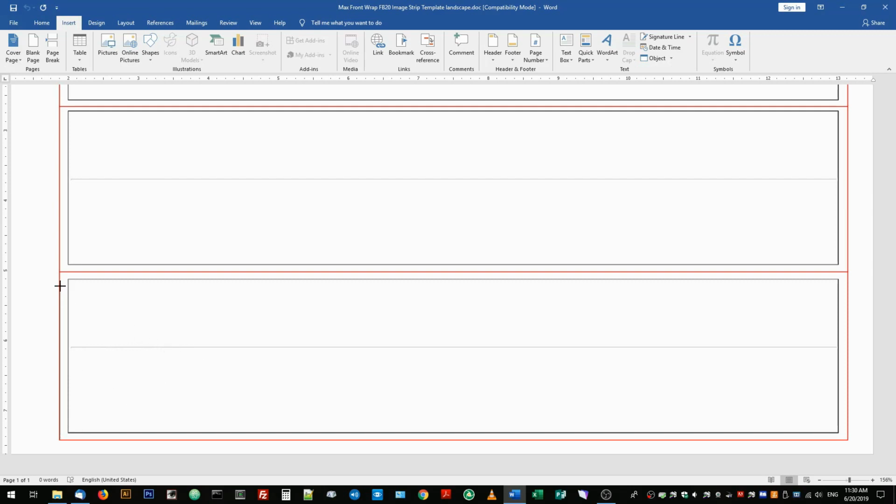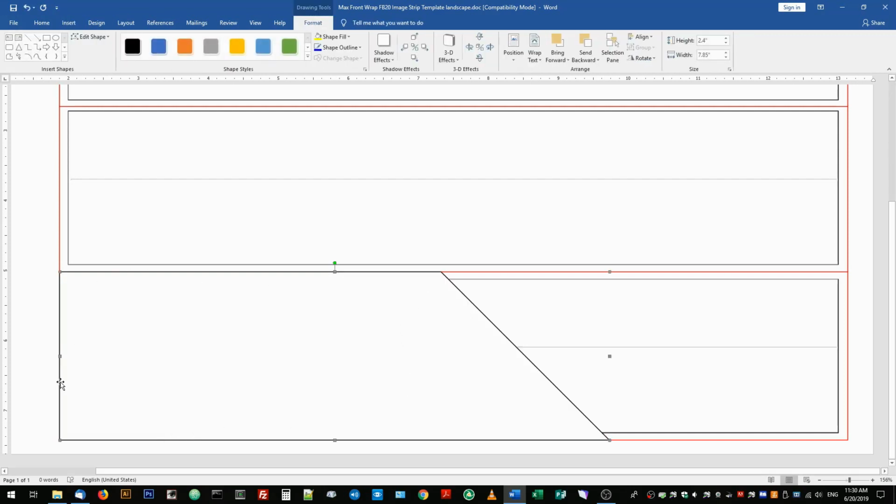So I'm going to hold Shift and make a straight line, drag it up to the very top of the strip with the gutter, and click. And I'm going to pull that to a place where I think looks good. Click again, and now I'm going to do my last little line to seal in the shape. And I click and I click. And 1, 2, 3, 4, 5 clicks, and I've got a nice little trapezoid shape